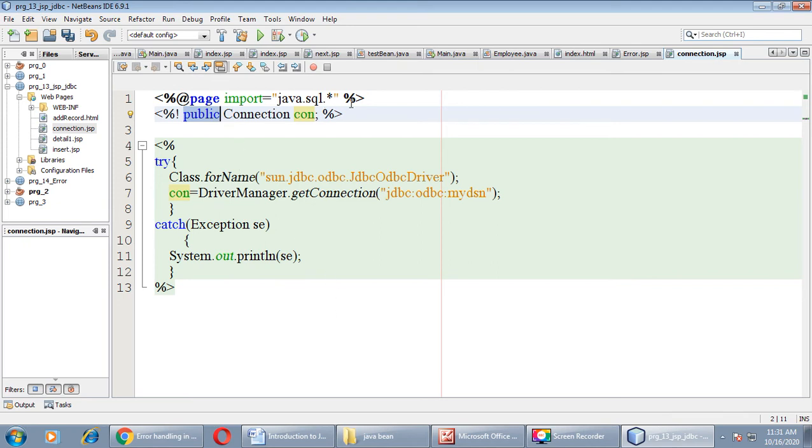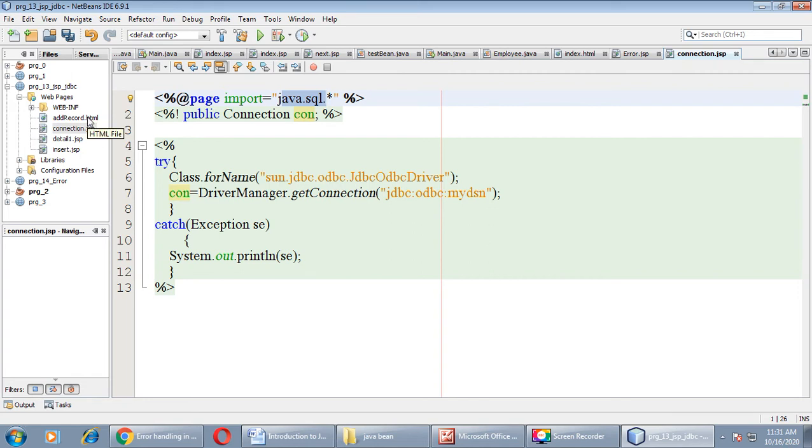Here don't forget to import the java.sql package, as all of you know that the SQL package is required for doing a connection with any type of database. So here I have imported java.sql. Now the next task is to provide two text boxes for entering a record.